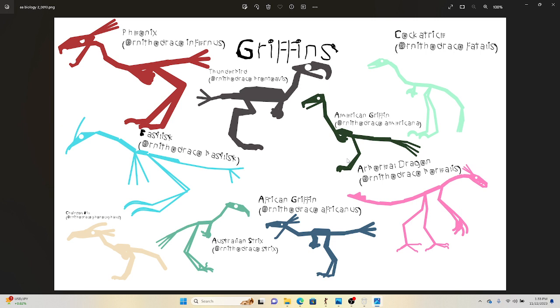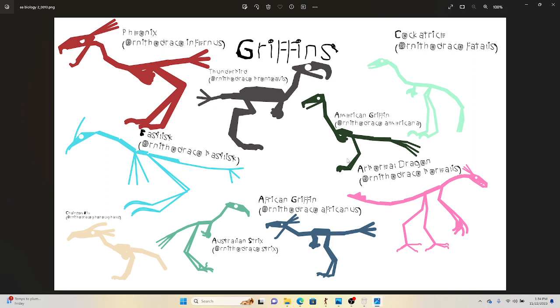They are identified by their looking like a terror bird, and the basilisk has vestigial arms. It has arms, but they've become vestigial. So yeah,